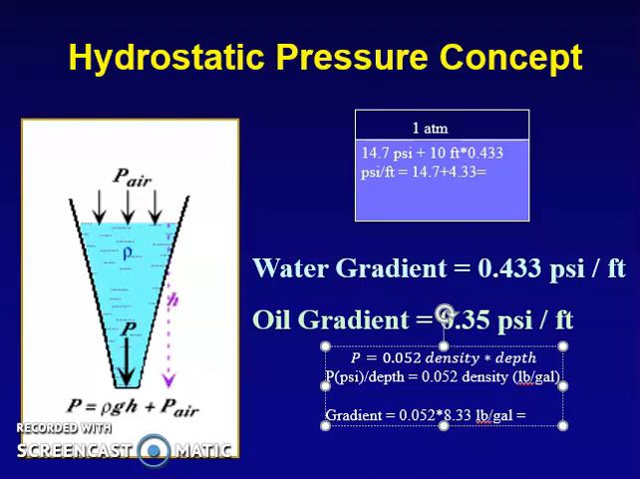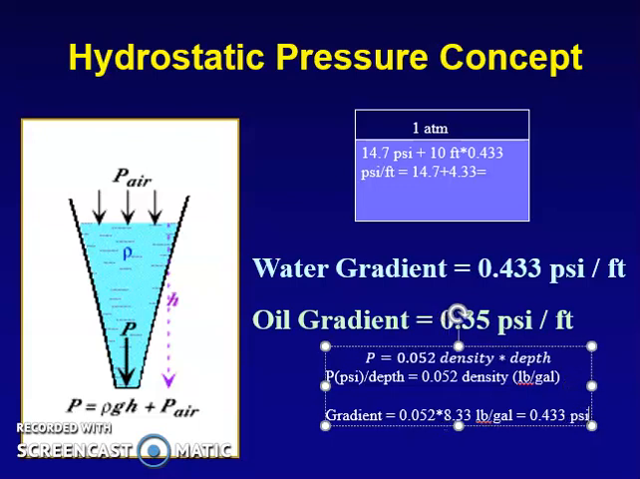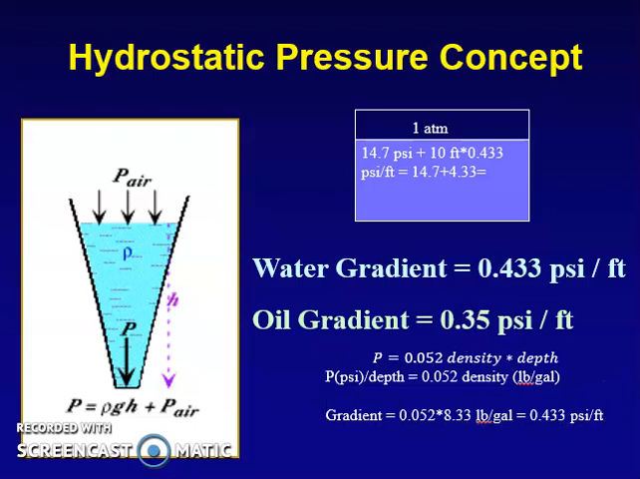So if you multiply these numbers, which are 0.052 multiplied by 8.33, that makes it 0.433 psi per foot. So if you have the density, what you need to do is just to convert it into pound per gallon. Once you convert it into pound per gallon, it's simple to just put it into this equation,